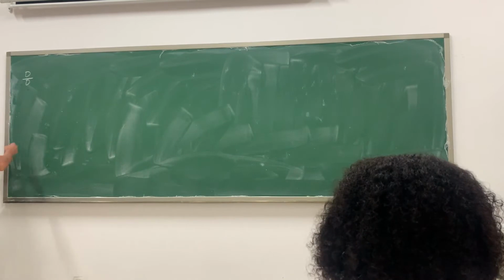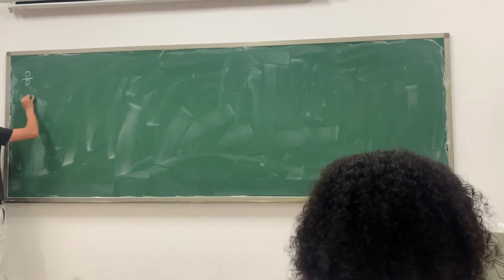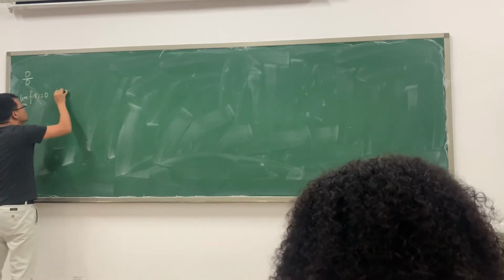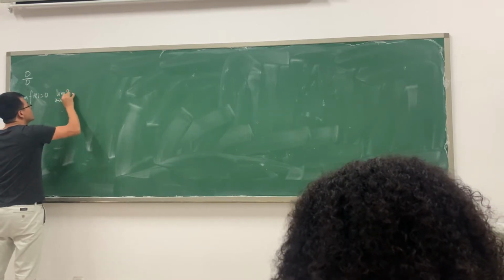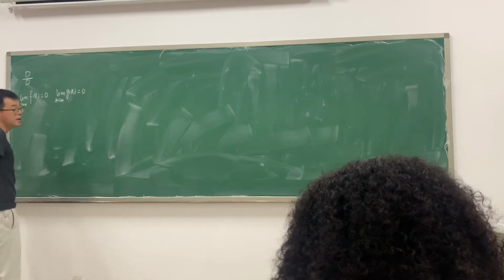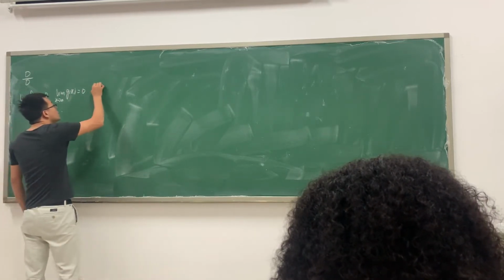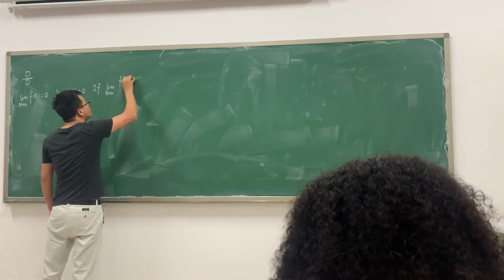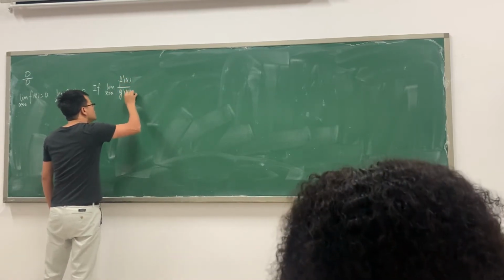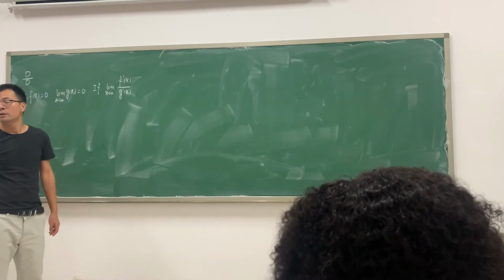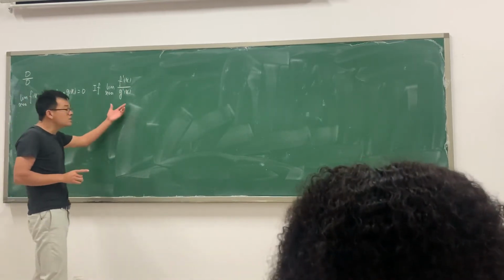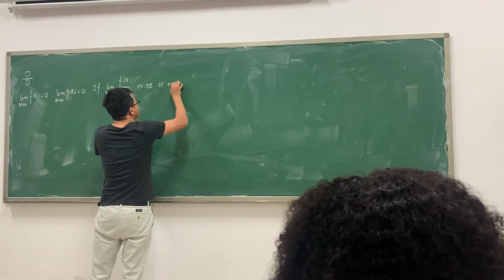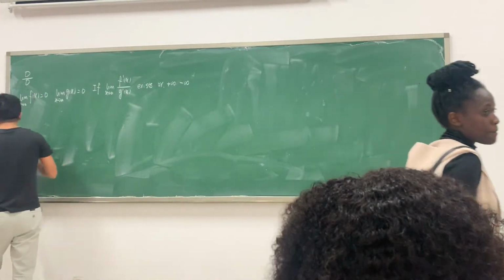Here, first, if as x approaches a, f(x) approaches 0, and as x approaches a, g(x) approaches 0, and if the limit as x approaches a of f'(x) divided by g'(x) exists, or is plus infinity or minus infinity, required, okay? If we have these three conditions,